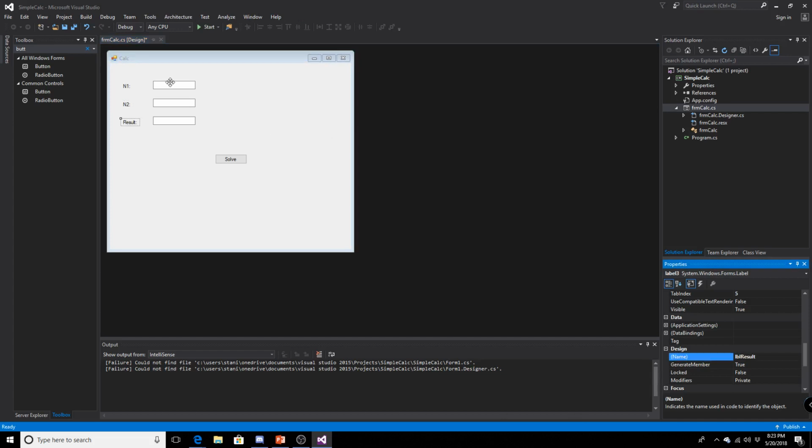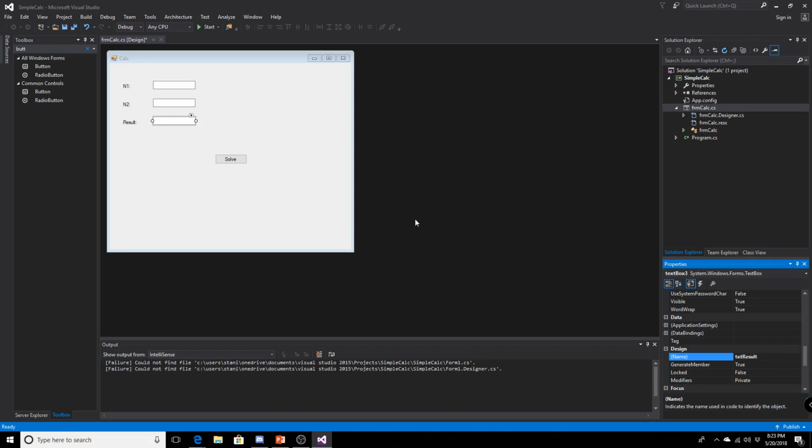Now, when you go here, as I said, the property stays selected, and you just go through and set txt number one, txt number two, txt result,